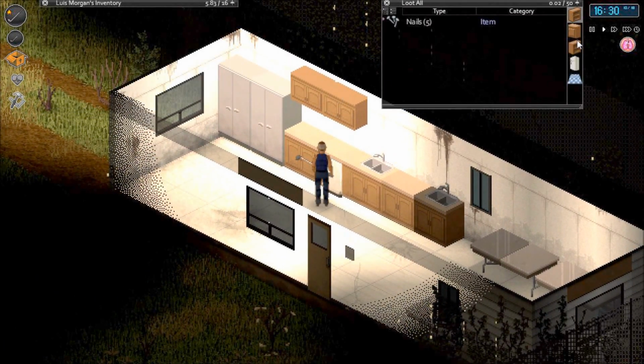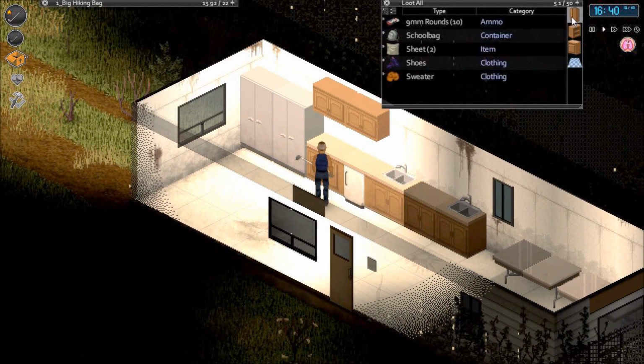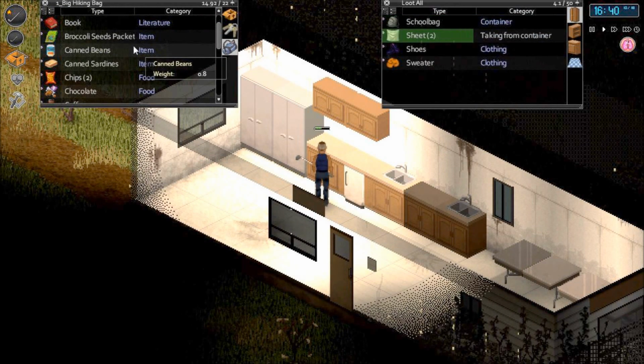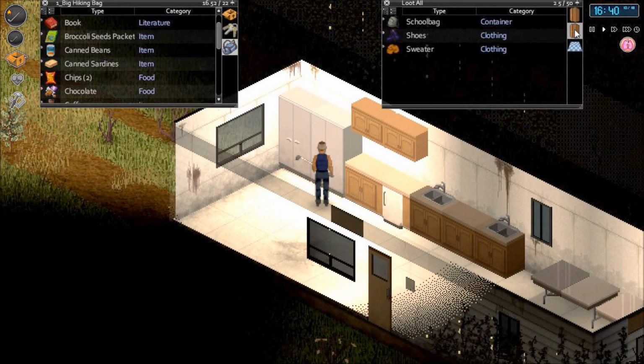Let's take a quick peek at some of the cupboards here. We got some nails. I think I'll just snag those nails while we're here. Might as well. You never turn down nails. They're so light. Just never turn them down. Some 9mm rounds we could load into our pistol. I'm not really planning on using that pistol very much or at all at this point because...